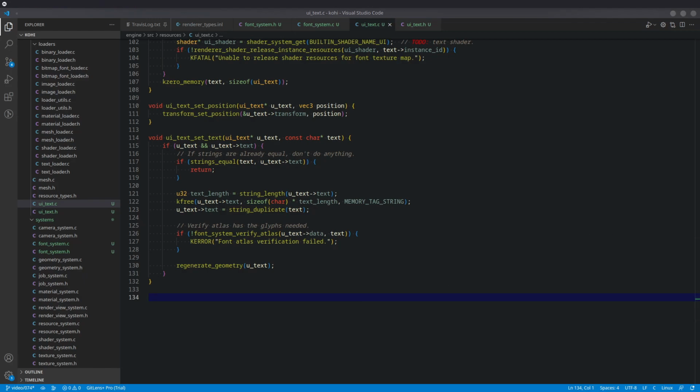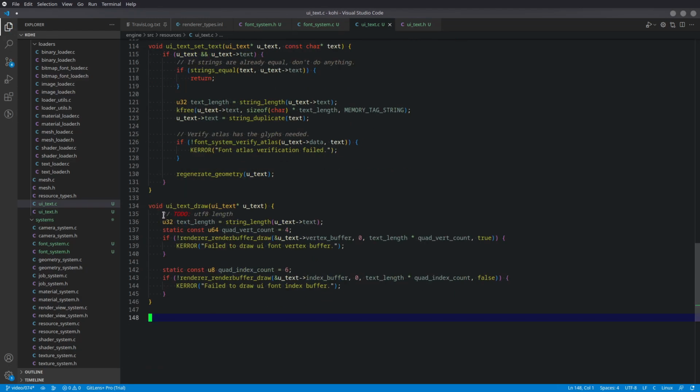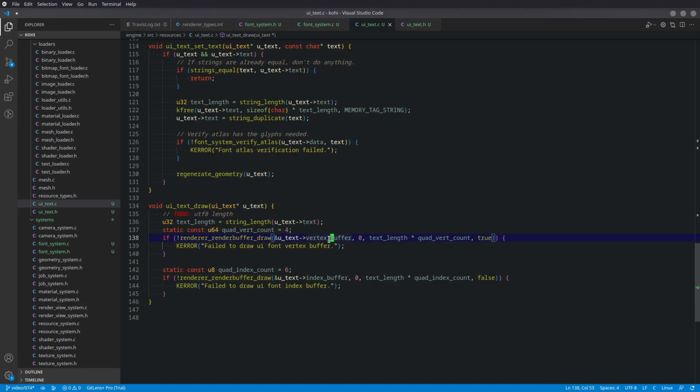So the draw is actually very simple too, because of the work that we have done in the render buffer. It allows us to keep a lot of that logic out of here. And so I put a to-do in here because we might have to use the UTF-8 length. I'm not 100% sure. We'll have to test that once we get to system fonts. But for right now, we're going to take the text length, and we're going to say we have the 4